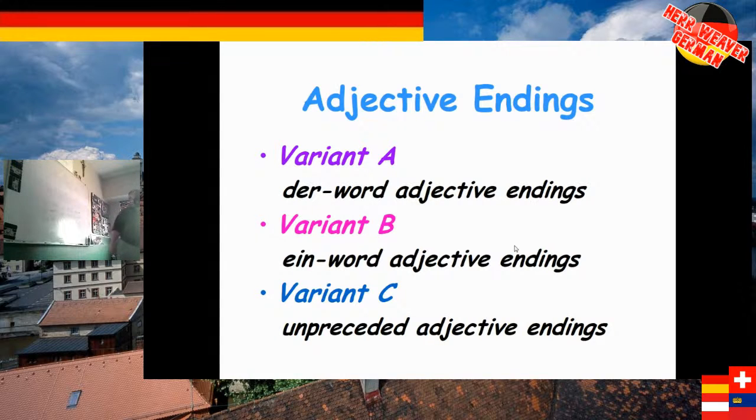I'm going to rewrite all this. Adjectives that are unpreceded, that don't start with der or ein, they just have, she has blonde hair. Not she has a blonde hair, not that she has the blonde hair, but she has blonde hair. Blonde Haare. Yeah, you already know that. Okay, you know that one at least. So it's the same as in English, right?